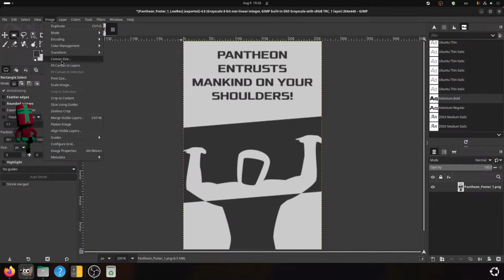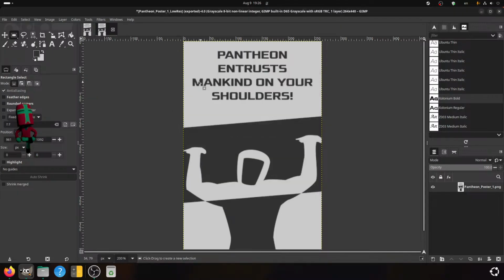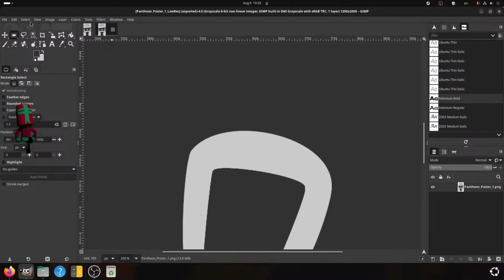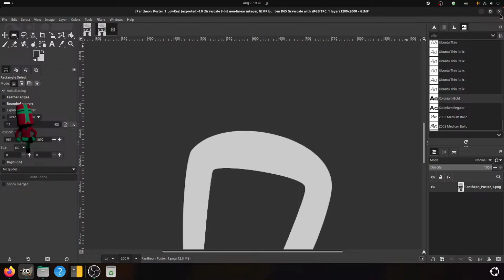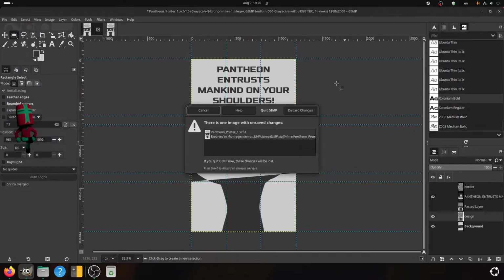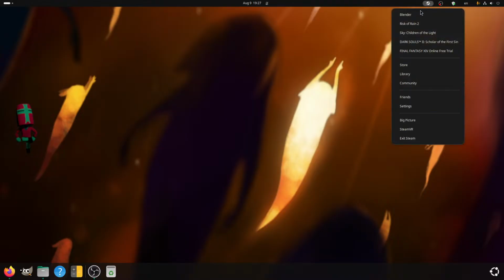Now, your resolution is a little strange, if I recall. Canvas size, yeah, it's a bit strange, 1200 by 2000 pixels. But I can make that work.